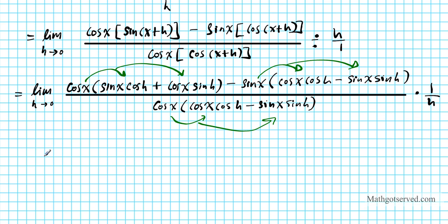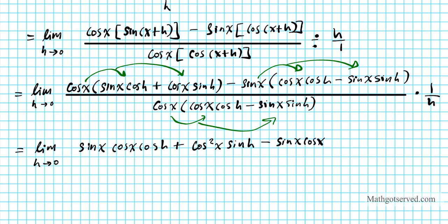Okay, so now let's go ahead and distribute the trig functions to the sum and difference identities, the sum identities I just did. So in the numerator, I'm going to have, let's see, sine x, cosine x, cosine h for this one, and then for the second one, plus cosine squared x, sine h, minus, on the right side, I'm going to have sine x,